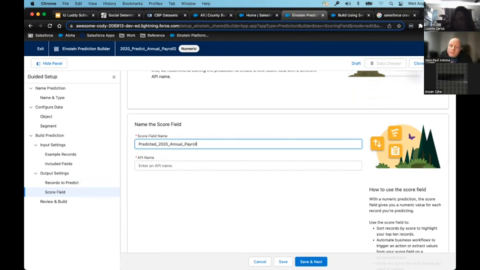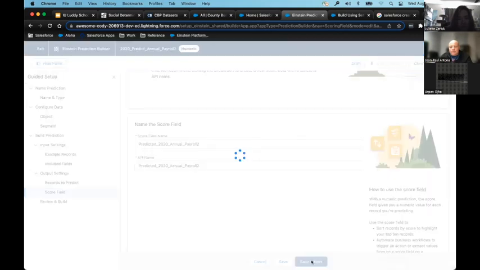So that's where it's going to put the predicted value, which is good because, as we said, we're trying to predict annual payroll. We're going to use annual payroll data, and then we're going to predict annual payroll data specifically for the year 2020. So this is where it's going to put the prediction as a field on our object. Okay, so we'll go ahead and do that, and then I go save and next, and finally we get our